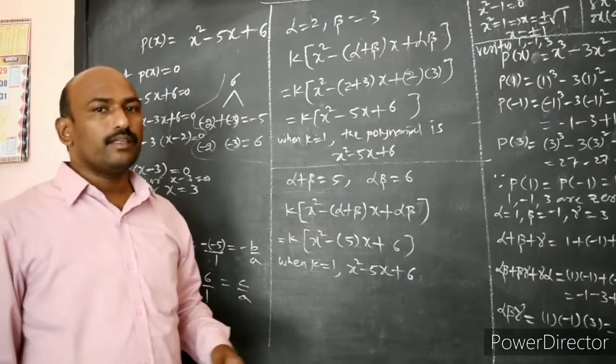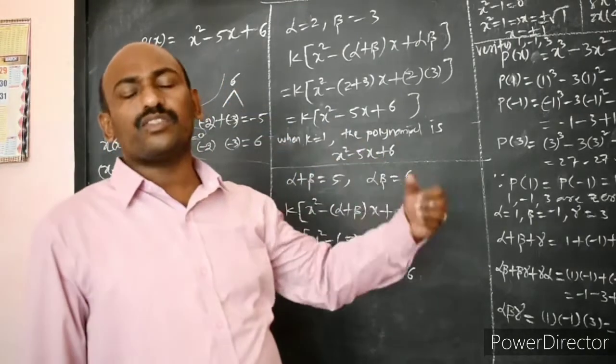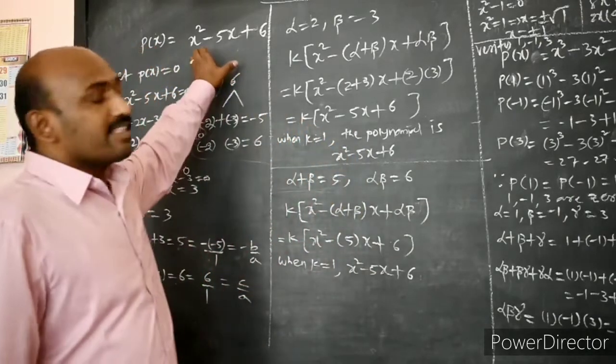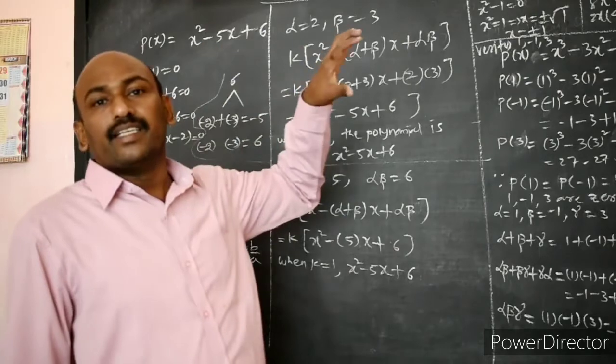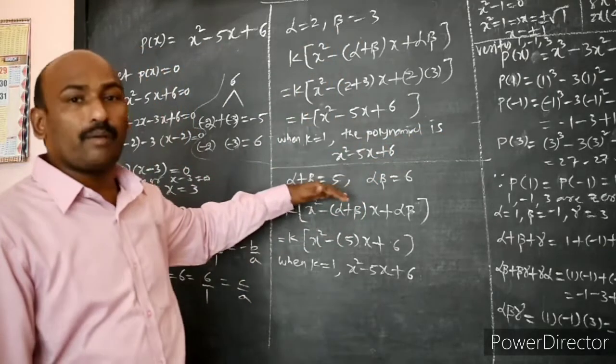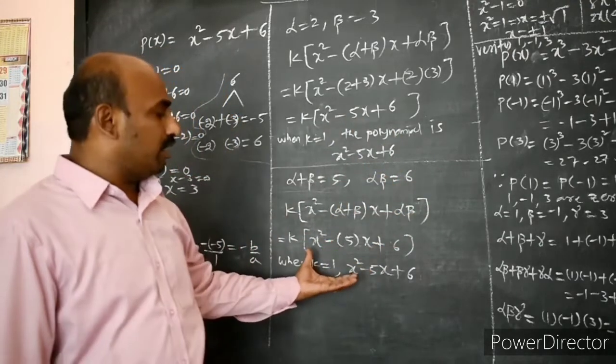And we can go on to see this quadratic polynomial. I can find the zeros and verify the relation between zeros and coefficients of the polynomial by taking this polynomial. Also, if the zeros are given, we can frame a quadratic polynomial again. And if the sum and product of zeros are given, then we can again make a quadratic polynomial.